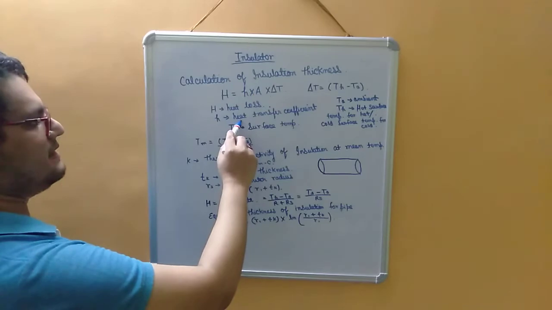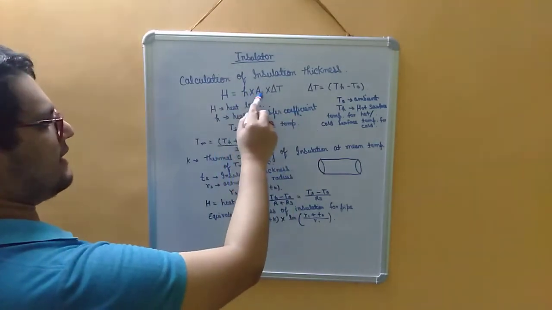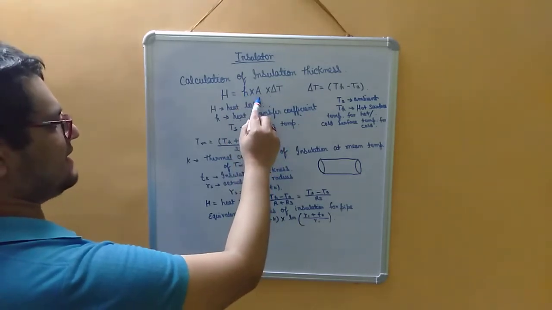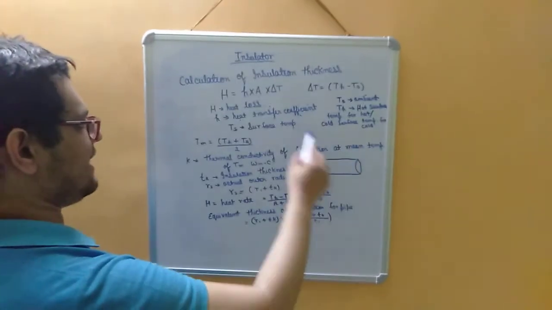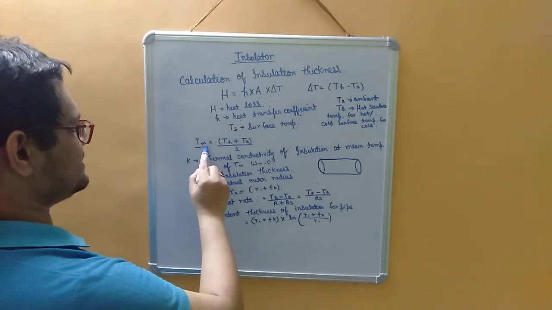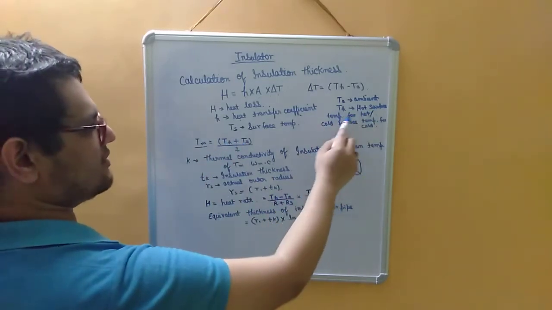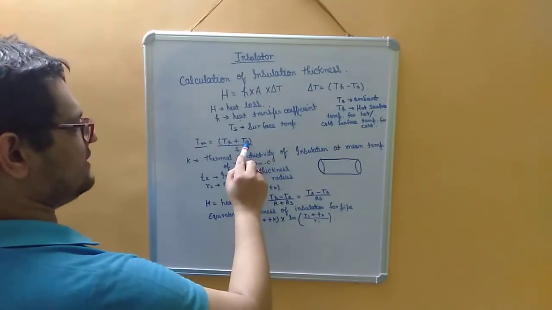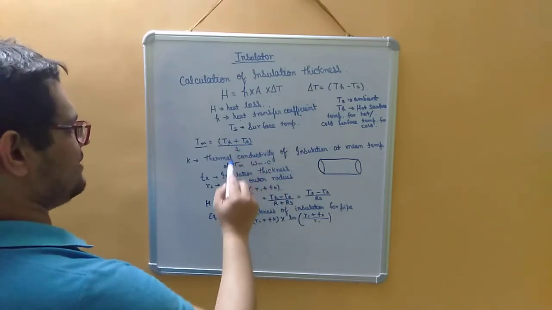Small h is the heat transfer coefficient, and we can get the value of the heat transfer coefficient. A is nothing but the area of the insulation, and the other is the changing temperature. And now this is the mean temperature. Mean temperature is Th plus Ts by 2. Th we have told earlier, it is the hot surface temperature for hot or cold surface temperature for cold. Ts is the surface temperature, and this is divided by 2.